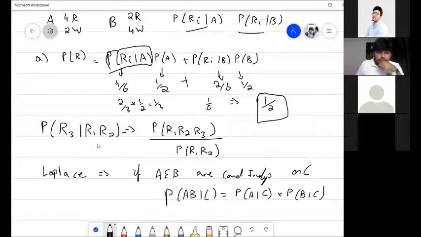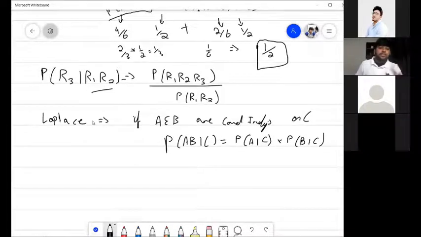Note how these two terms are independent. I don't care what I got in the first coin toss, because at the end of the day, my probability of getting a red in the second coin toss will not be affected by what I got before it. So essentially, these are conditionally independent on the event. So based on this, I am going to rewrite this term as